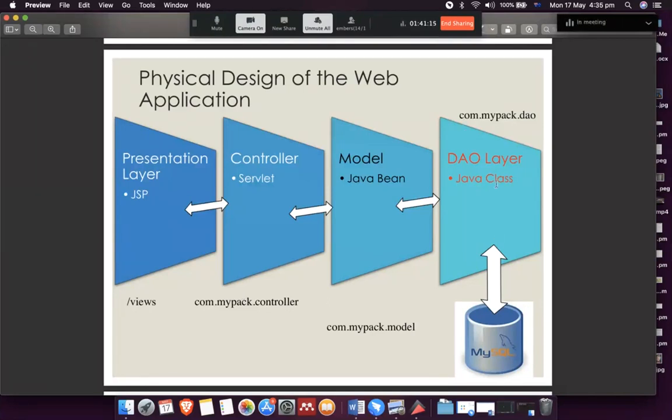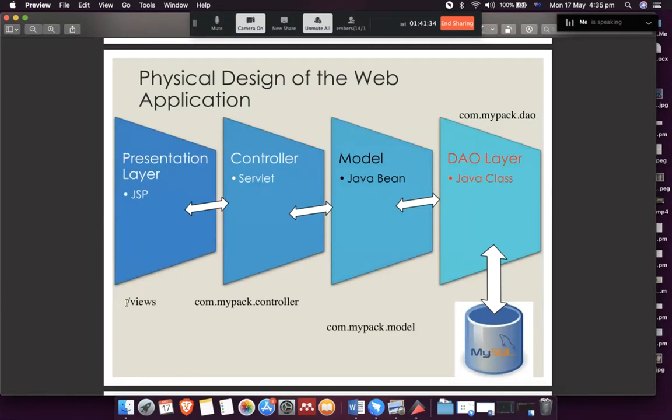Usually we don't have this last layer in smaller size applications, but here we have DAO connected to the database. We have model, which is Java Bean, controller, which is servlet, and then we have a bunch of HTML